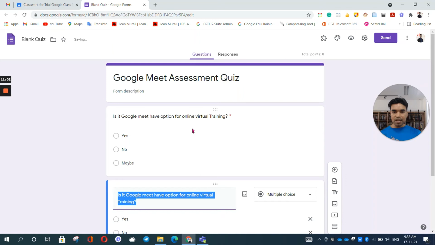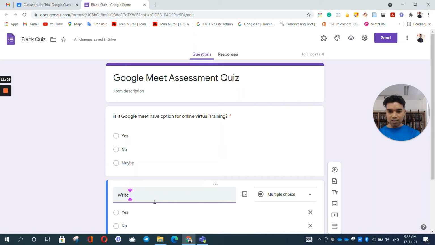So when I duplicate, this question will be duplicated and I can just change it from here. Write 2 paragraphs of Google Meet functions.